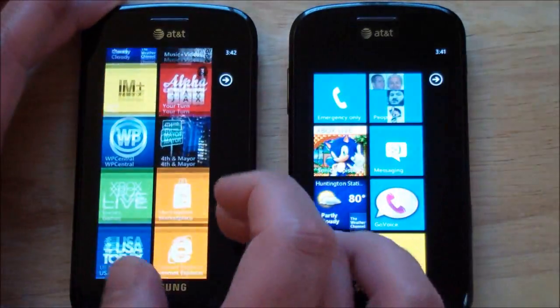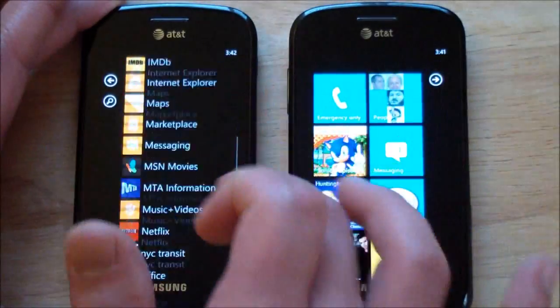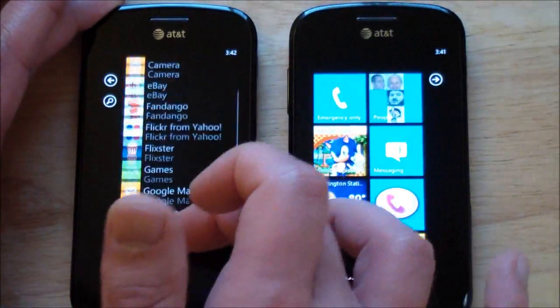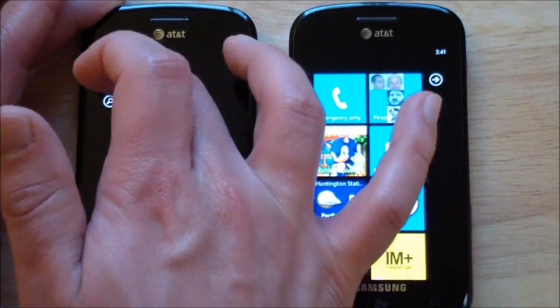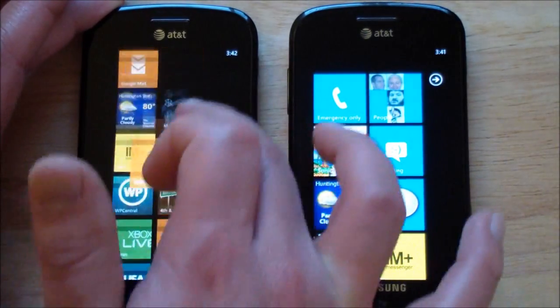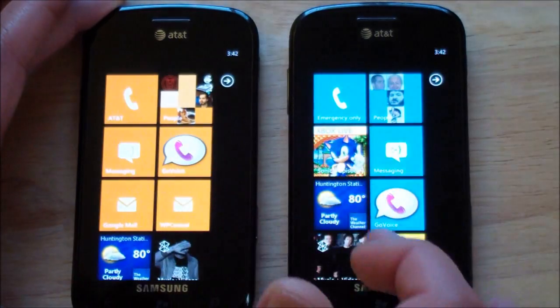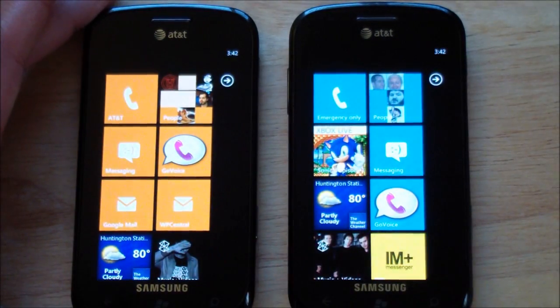One of the big things you will notice, but it's hard to show on video, is the speed at which scrolling works now. It's much more smooth, there's no stuttering, and it just looks and works a lot better. Another thing is when you move tiles around, it moves so much better now. It's kind of hard to, once again, show on video, but for those of you who move tiles around on